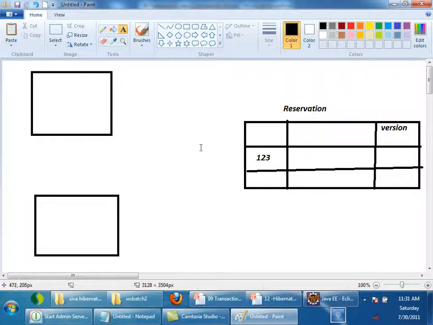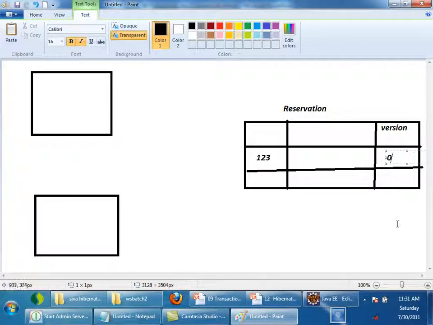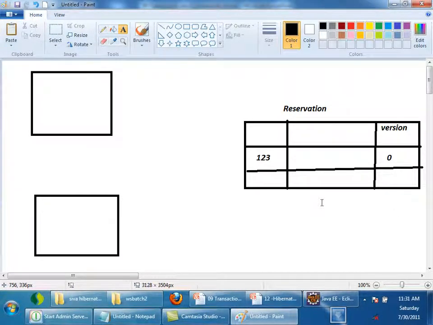Whenever you insert a row into the reservation table, automatically the version will initially be 0. Whenever you make an insert, you need not insert a value for version. You will insert the values for other things. Whenever Hibernate performs an insert operation on this table, automatically for the first time the version will be 0. Version you are not managing.